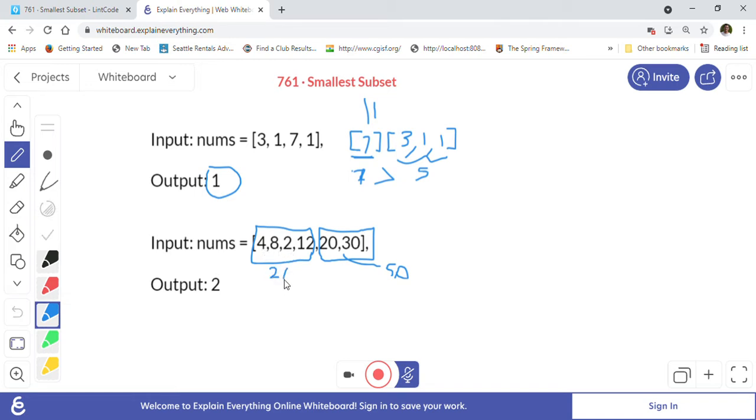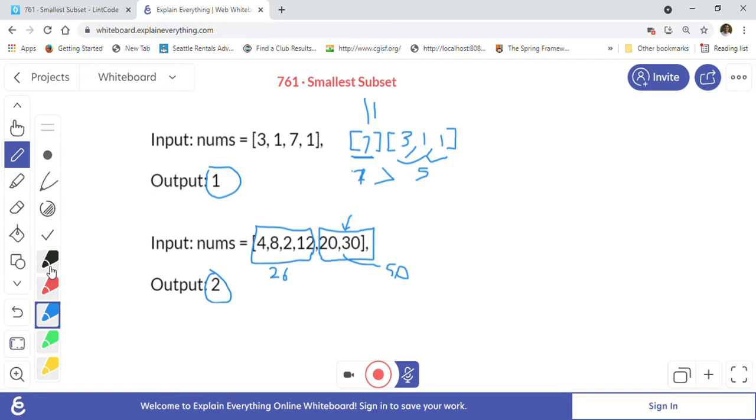So 50 is greater than 26. This is the way we can create a subset so that its sum is greater than the sum of the other subset. We have to identify the number of elements, here 2, so we output 2. That is the problem basically.